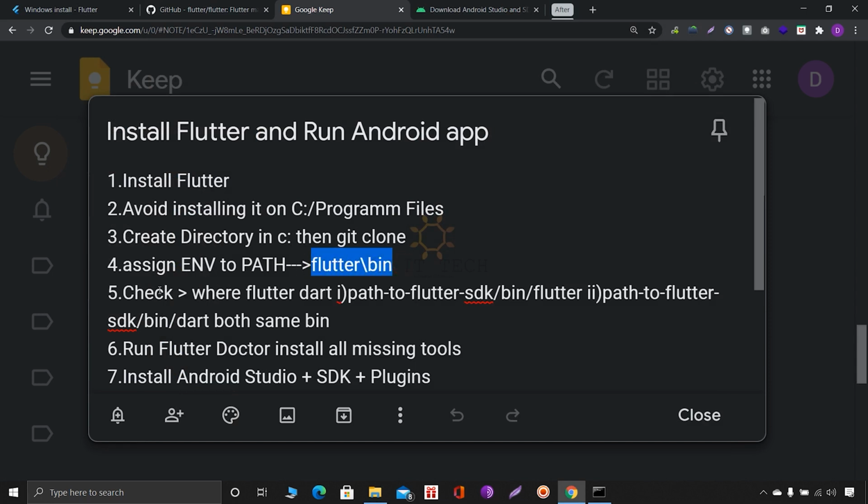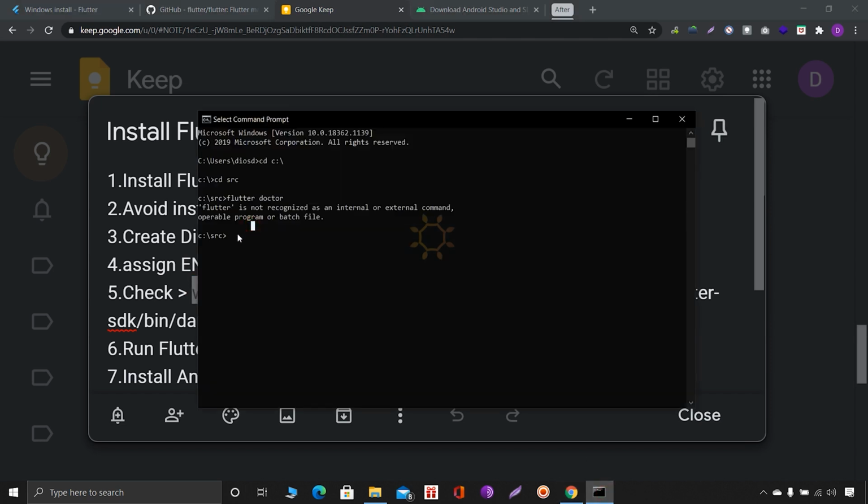Okay. So why is it required to check where Flutter and dart are coming from? Both should come from the path to folder bin flutter, same path to folder bin dart. On some Windows machines you can use this command to see where flutter and dart are coming from. So we will check here also. You can type where flutter dart. Some Windows will work, some Windows may not. So in this window it is not coming. Okay, no issue. Now we will check the flutter doctor command.